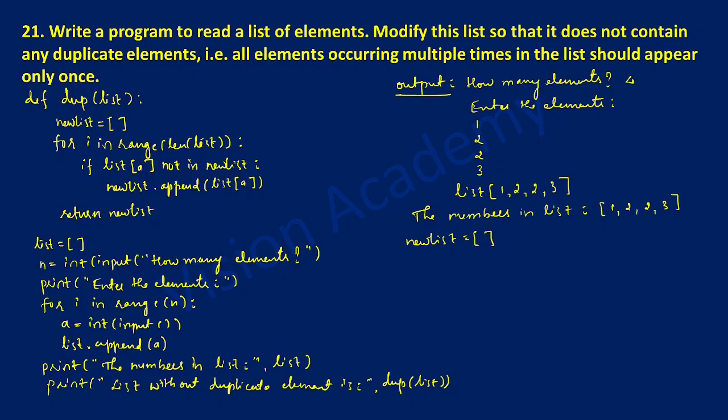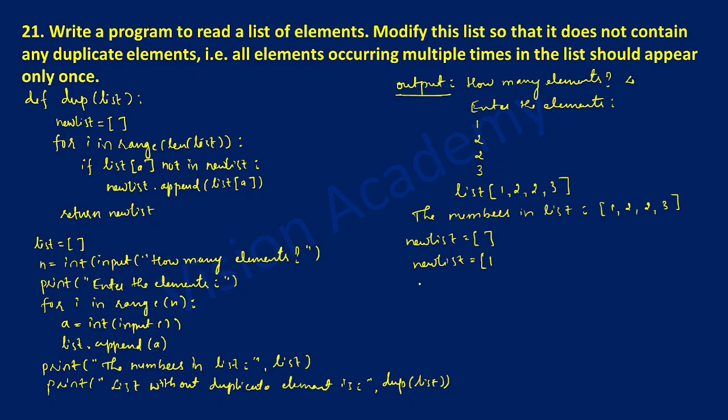1, not in new list. Here new list is empty right now, hence this is true. Why? Because list[0] consisting of 1 is not present in the new list, hence it is true. If this is true, then new_list.append(list[0]), that is 1, will be appended to new list. So now new list is holding